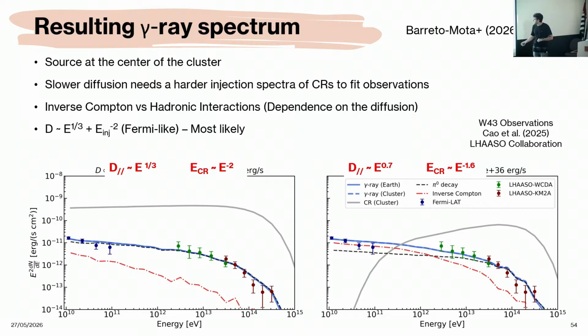So here are the results then. On the left here, these two results here are for a source at the center. So we see that on the left there, we are considering the diffusion proportional to E^1/3, so the most likely mirror plus scattering that we should have in this region. And we can reproduce this spectra with an injection of CRs close to E^-2, which would be corresponding to a Fermi-like process of acceleration. If we go to the slower diffusion, however, we would need a flatter